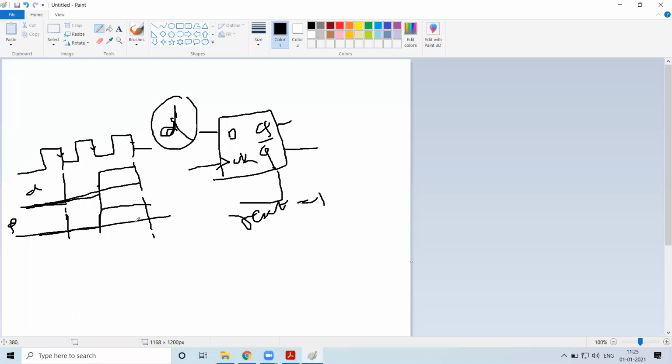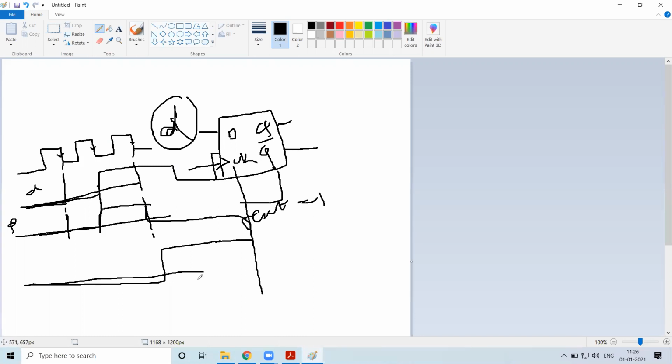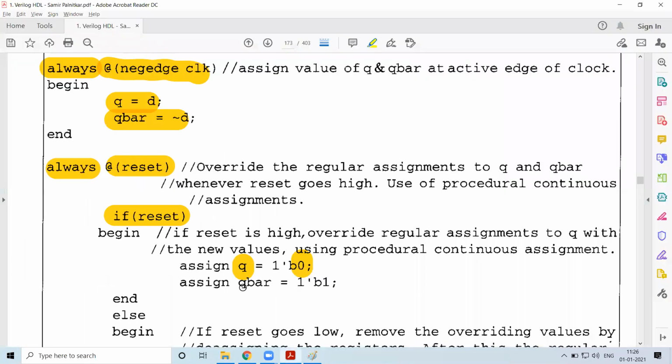It may be at any point that I have pressed the reset. Reset was 0 up to this point. Now reset is high, so Q compulsorily has to go to 0. Whether D is 1 or 0, it will stay there as long as reset is pressed. If I change the reset pin to low here, then at this moment, depending on the value of D, Q will change.